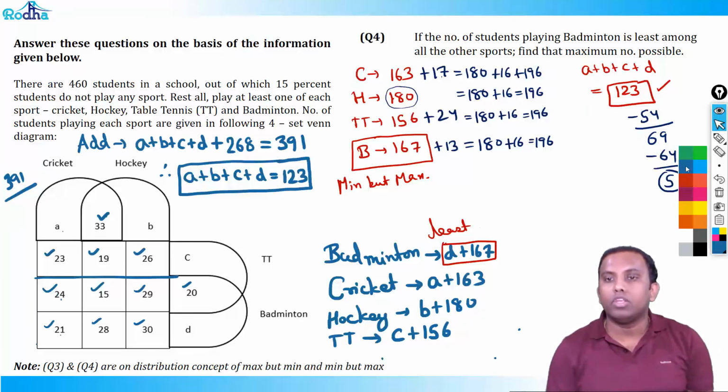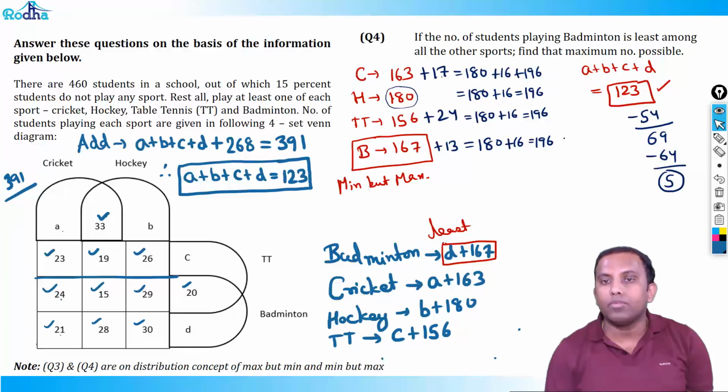So if I give one chocolate to B, what will happen? In that case, I'm left with 4 more chocolates, right? So how do I give those 4 more chocolates? I can give one to TT, and one to H, and suppose two to C. It doesn't matter, right? But I can give one chocolate to B, but I can't give 2 chocolates to B,